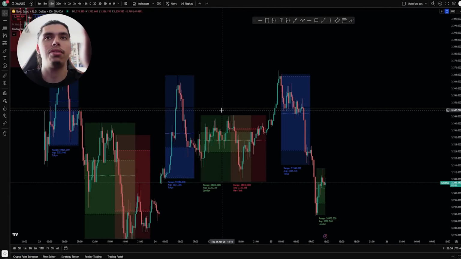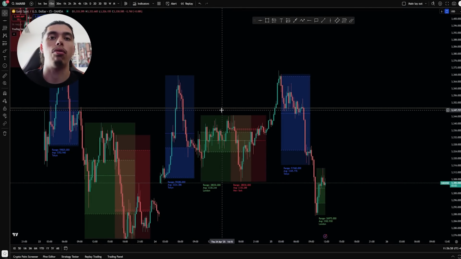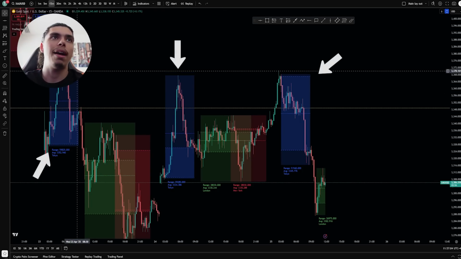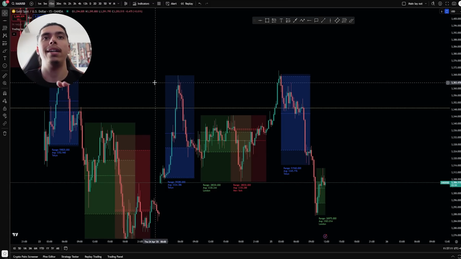So step number 1, it's a basic step, and you can see on the chart I have something called sessions. So in order to get accurate entries, you need to be entering at the right times, and trading in times of volume are very important. Now on gold recently, marked by the blue box here, Asian session has been an outlier. Asian session has been delivering amazing volume, but usually with all pairs, London, New York and NYSE Open are the